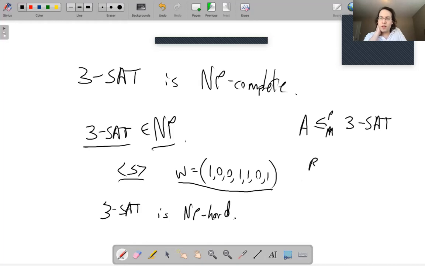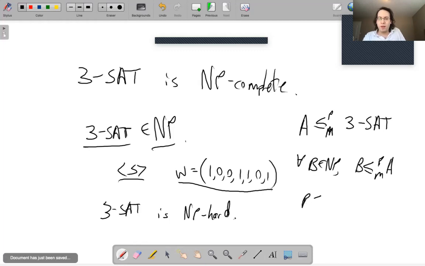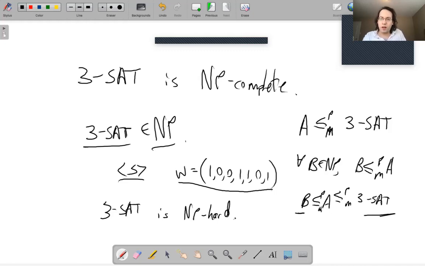We already know that for all B in NP, B mapping reduces to A, because A was NP hard. But then we get B mapping reduces to A, and then A mapping reduces to 3SAT. And therefore B will map reduce to 3SAT,